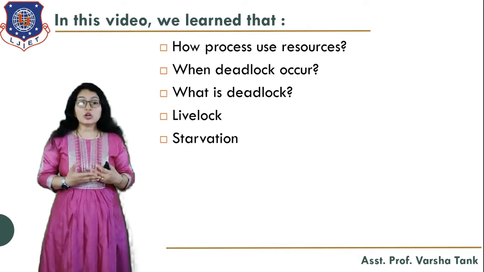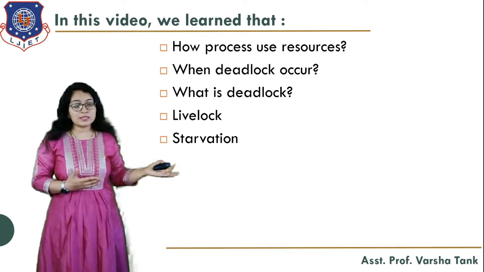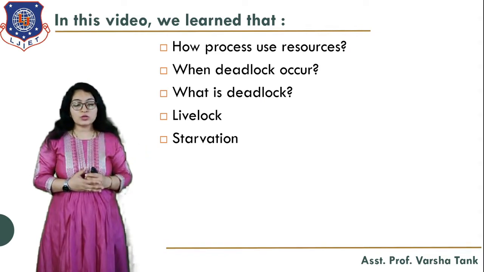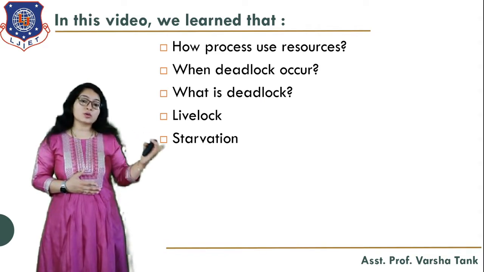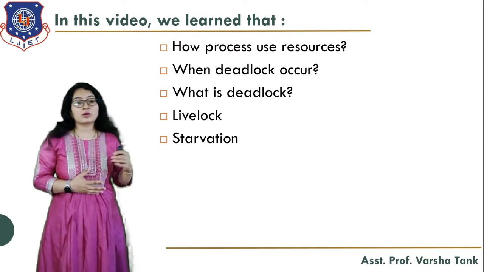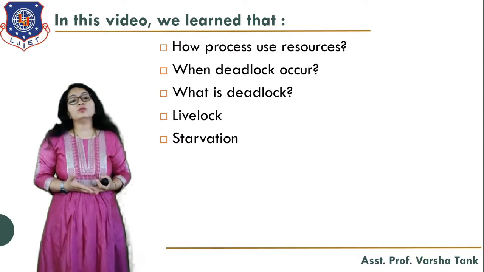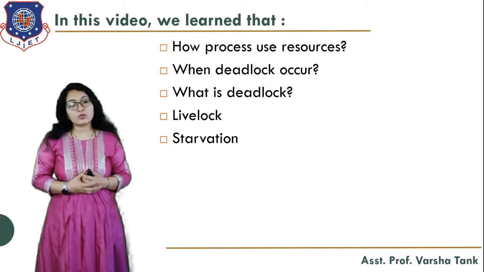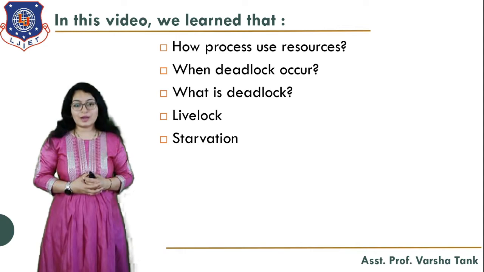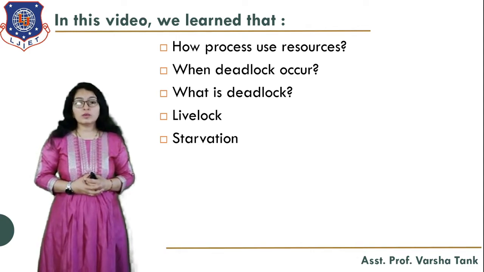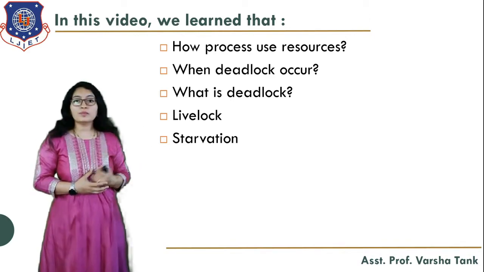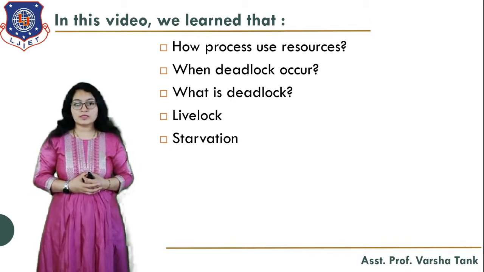And in terms of the operating system, when there are two processes and two resources, one resource is held by one process and the other resource is held by the other process, and now both processes want the other resource for execution of that task. So at that time no one will make fruitful progress. That is what deadlock is in terms of the operating system.